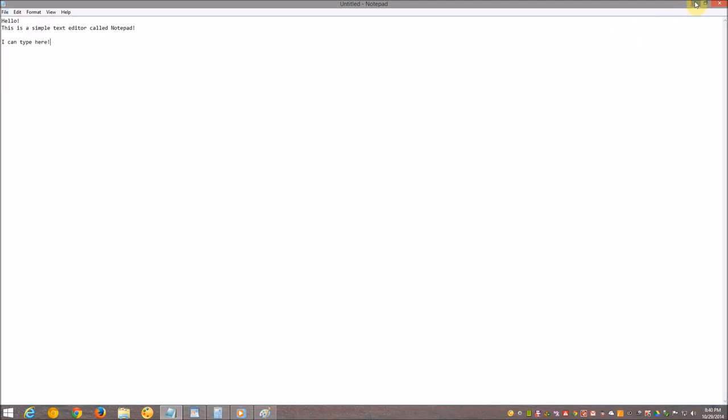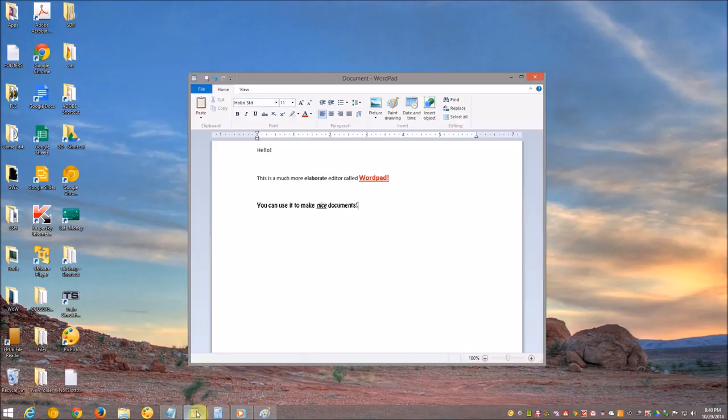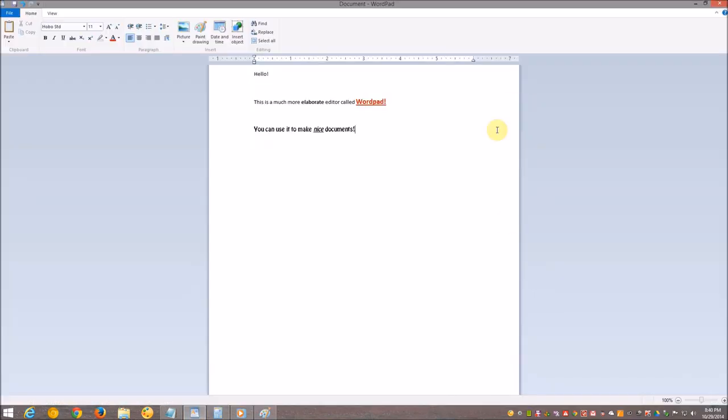So if you need something a little nicer than that, we do have WordPad. I'll go ahead and maximize that. And you'll notice here that WordPad is a little bit nicer. I have text, I have bold text, I have colored text that's underlined, I have a different font here with italics. You can actually do other things such as add a picture, make a drawing, put in the time and